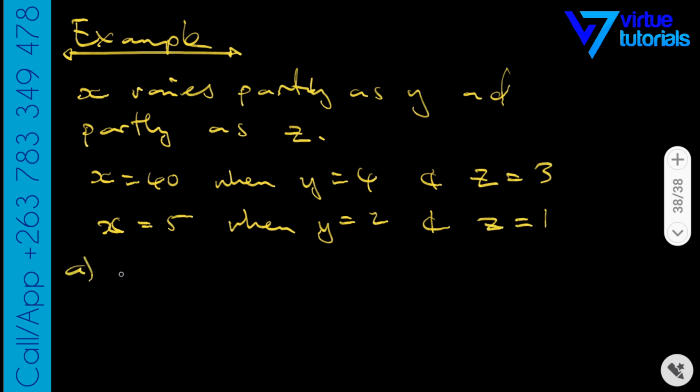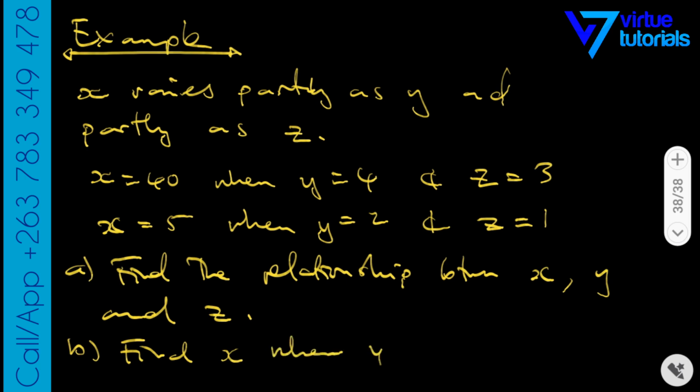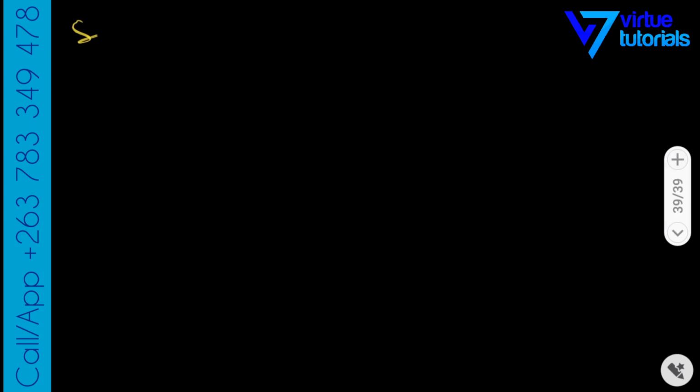Okay, so find the relationship between x, y, and z. Then part B, find x when y is equal to 2 and z is equal to 1. So solution,